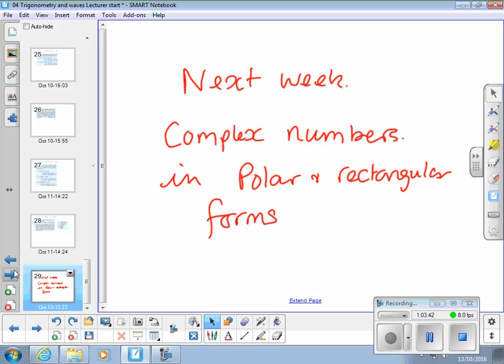That's where you've got the polar form, magnitude plus or minus the angle, and then you've got your rectangular form, which is in phase component plus or minus a number times j, with j being equal to,